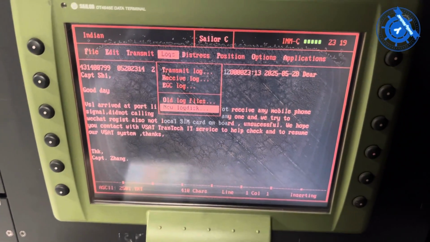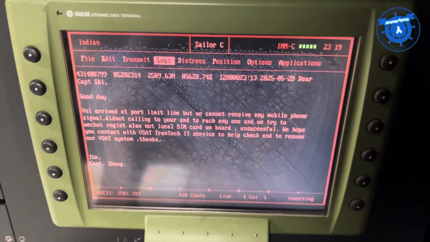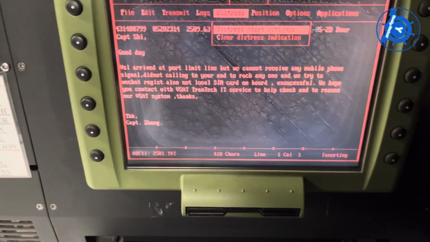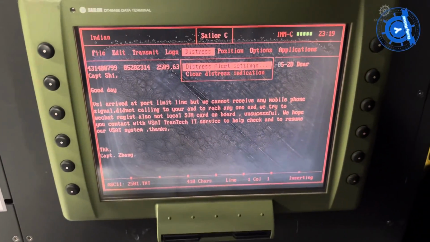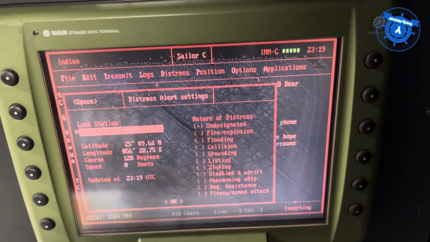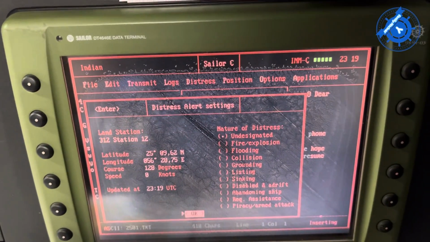So there are the logs: transmit log, receive log, and etc log, and going to destroy. This destroy means you have to say some destroy. At that time you can destroy, set less, going to under, and then LAN station. You can try LAN station, anyone.